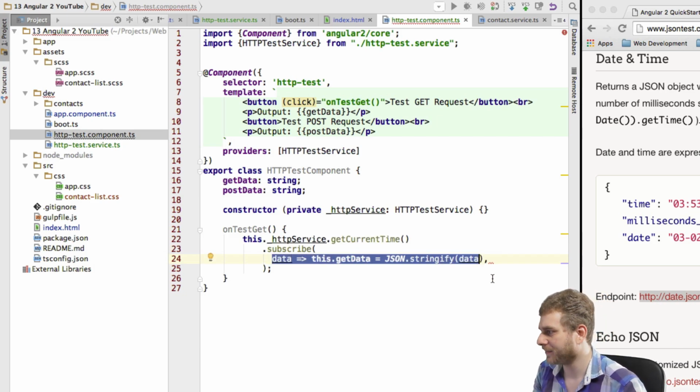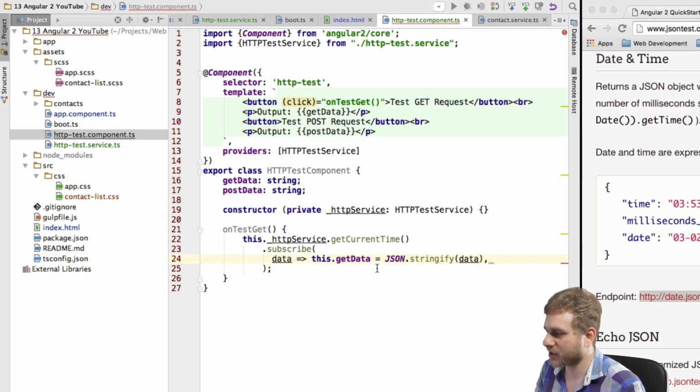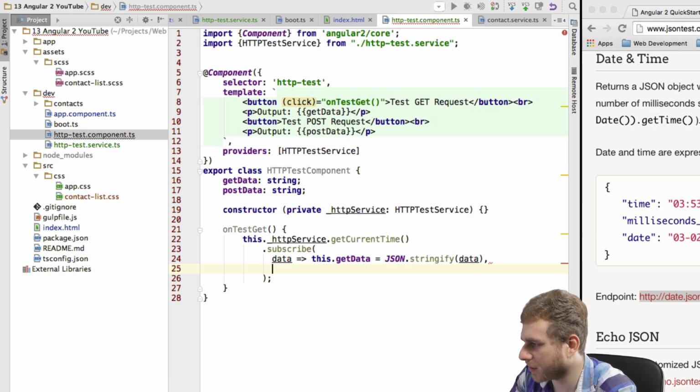It was added as of the ES6 specification, and it's also available in TypeScript. And basically, this is just a function where we pass in that argument, and then this is our function body. We also got an error case where we say, okay, if we get an error,